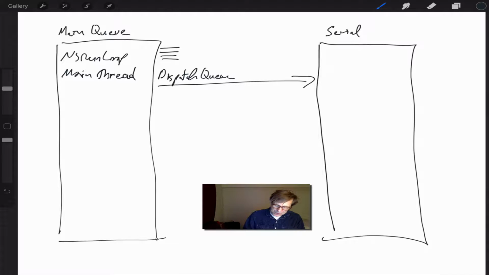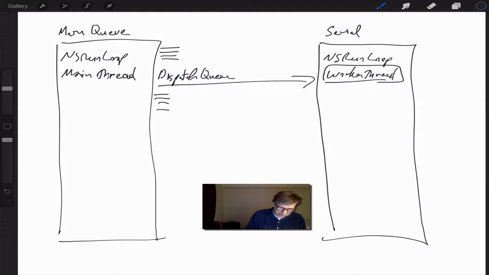So we've created the serial queue. It has its own NSRunLoop and its own worker thread. The worker thread will control the firing of other threads which will run the submitted tasks. So that's the job of that worker thread: to spawn other threads in order to run the tasks. Now we'll run some more tasks here, and at a certain point we decide we're going to do a